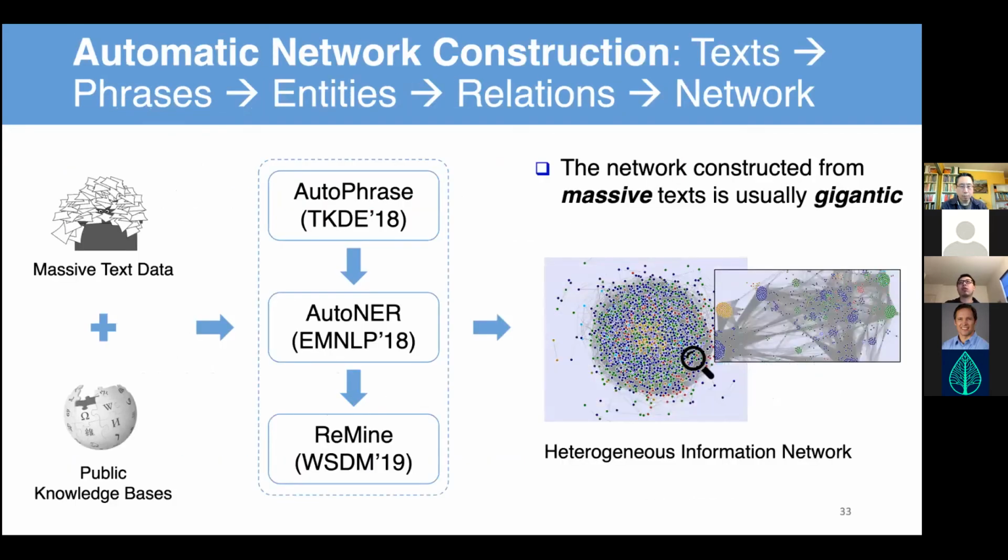Okay, so here's an example, the network we got from all the PubMed papers. To render this network in my Chrome browser, it took more than 40 minutes and almost made my laptop, a MacBook Pro, go down. So you can see here, even if you look at this small portion, it's quite densely connected. There are so many nodes and edges. It's too time consuming for a human expert to browse this network node by node or edge by edge.